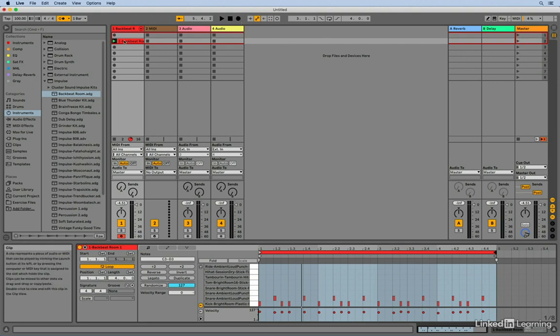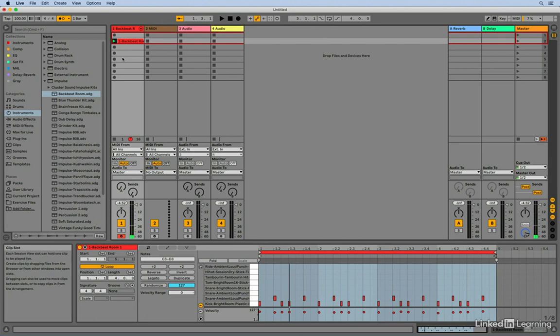So the clip needs to have focus. You'll click the session record button and we'll get 4 clicks and we'll be back in record. Now, if this clip has lost focus, for example, if I click the stop button here at the bottom of the track, all I need to do is click the play button,